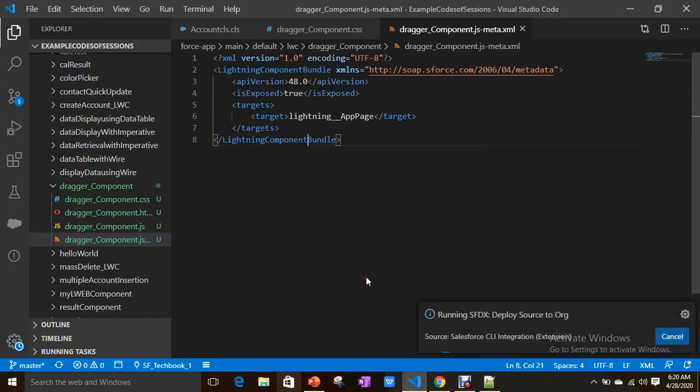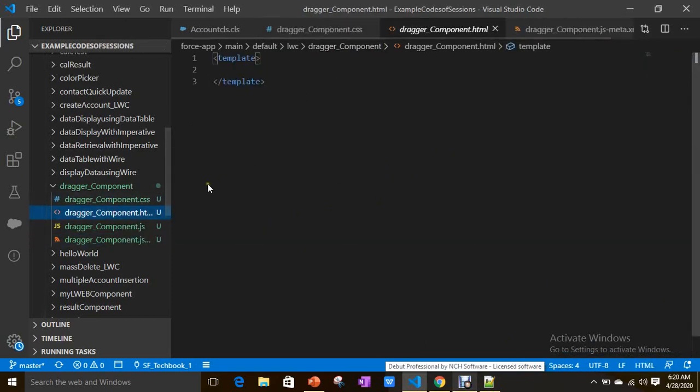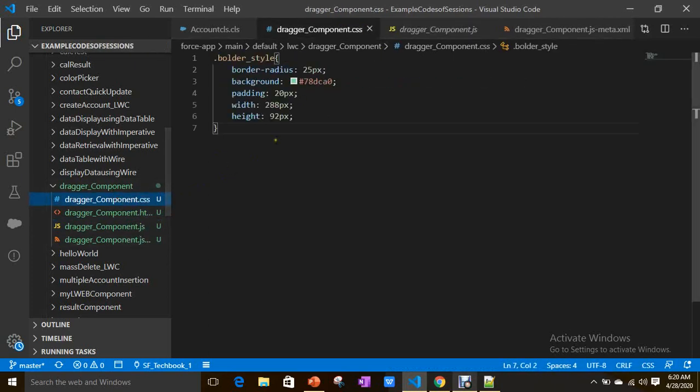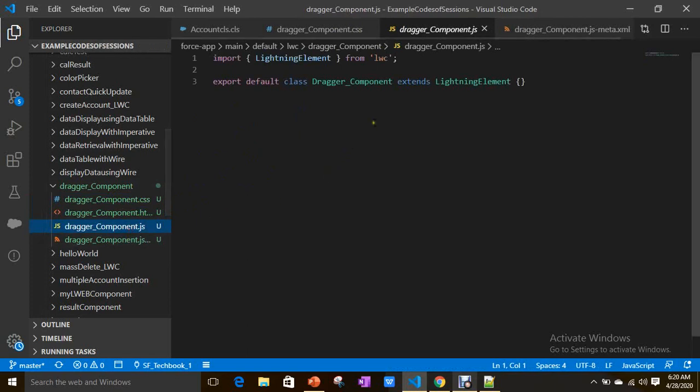Let's save this. Now I just added styles, and HTML is there, JS is there. All are having basic things.